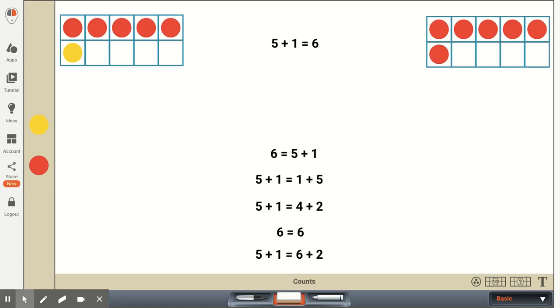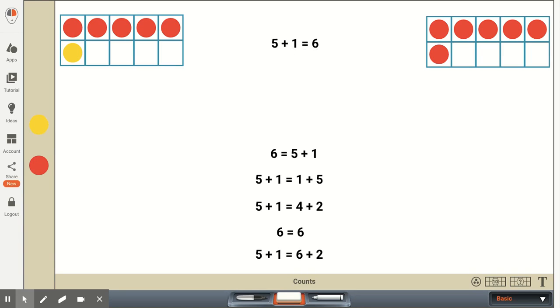This is the first of a couple of standards in which the first graders work with addition and subtraction equations. In this standard, we want the first graders to understand the meaning of the equal sign and to know if equations are true or false. So what does this symbol really mean? This is our equal sign, and many first graders think that whatever comes after the equal sign is the answer to the problem that is on the other side of the equation.